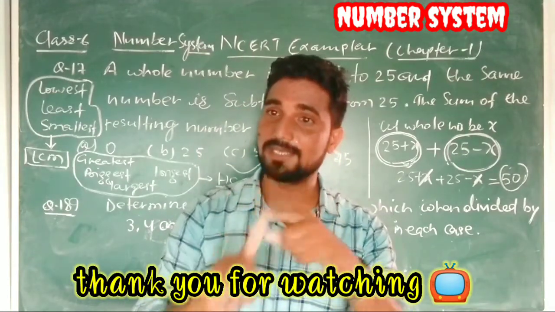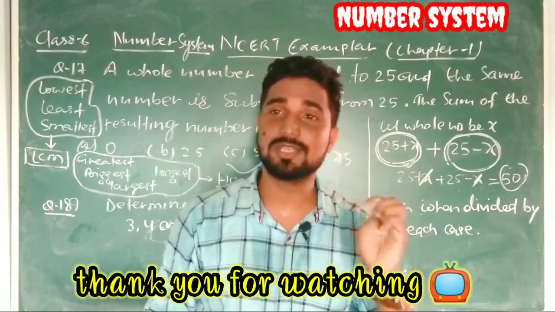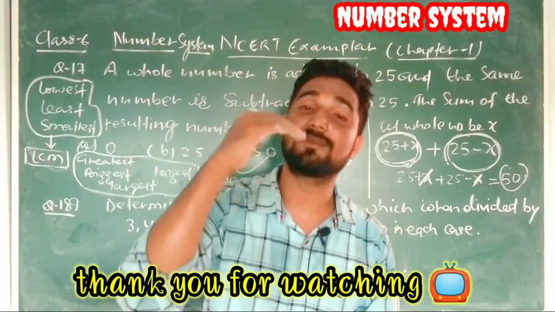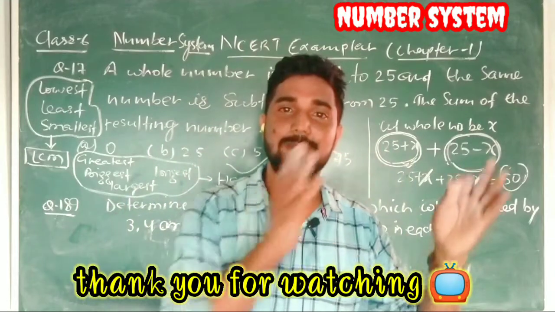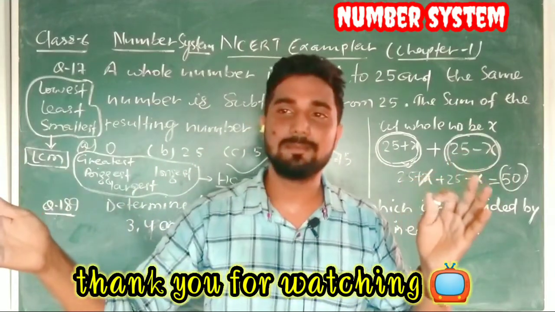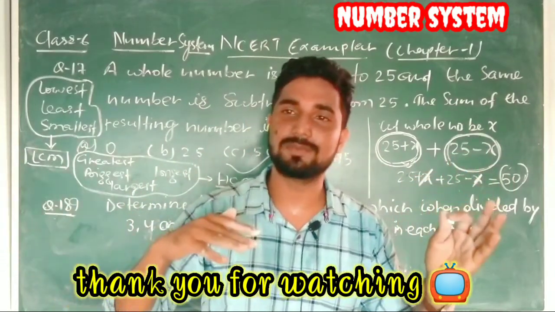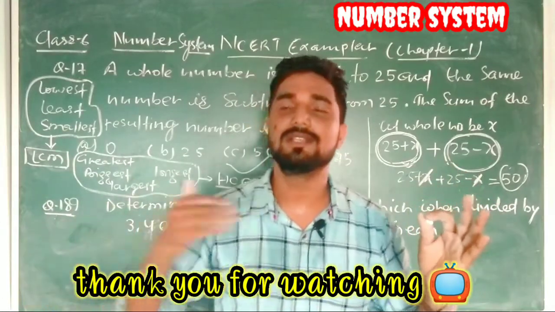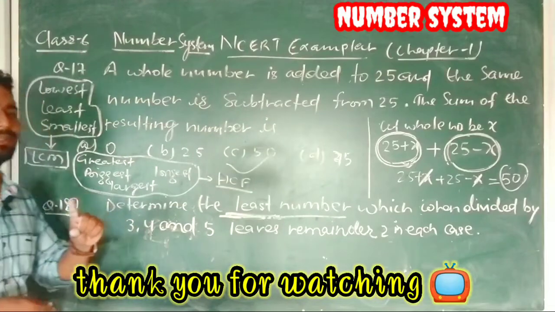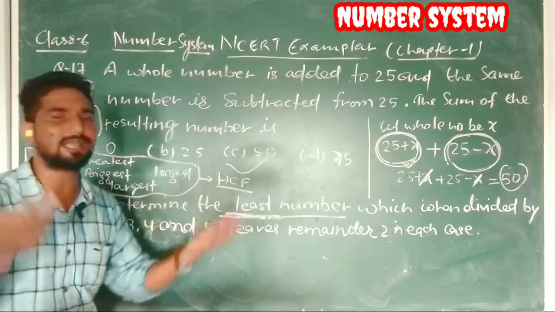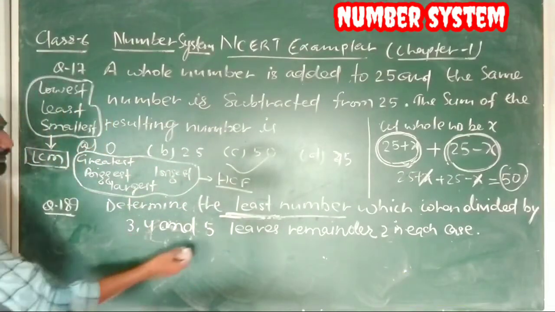If only one remainder is there and 2-3 numbers are in the question, then that one remainder will be subtracted from each number. If numbers and remainders are equal in count, then the first remainder is subtracted from the first number, the second from the second, the third from the third. But in the LCM case, always one remainder will be there and it will be added after finding the LCM. So find the LCM for this question.